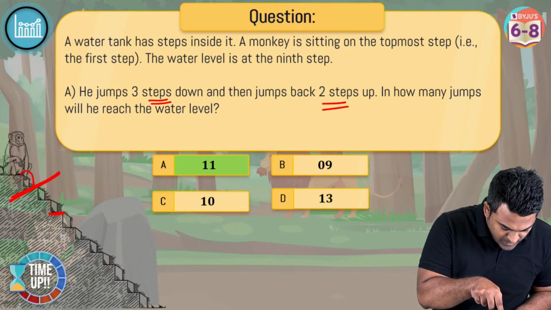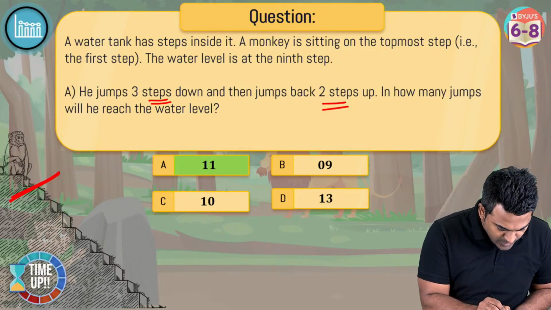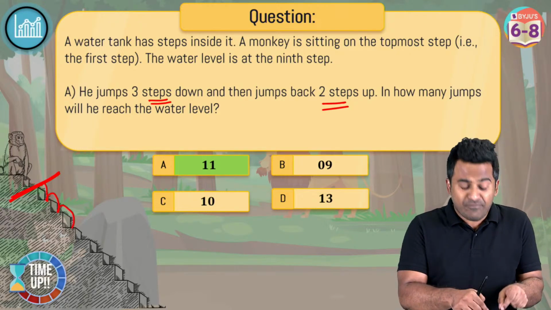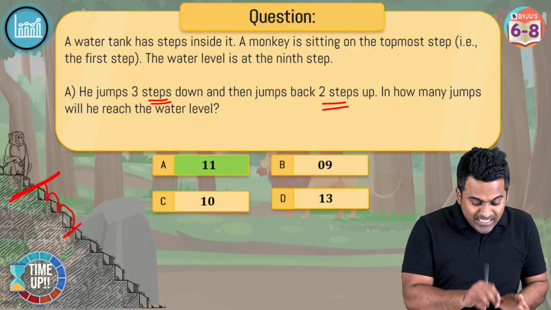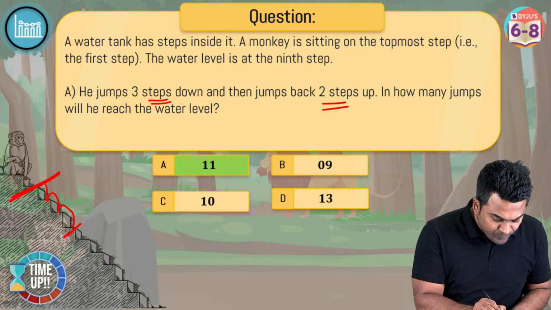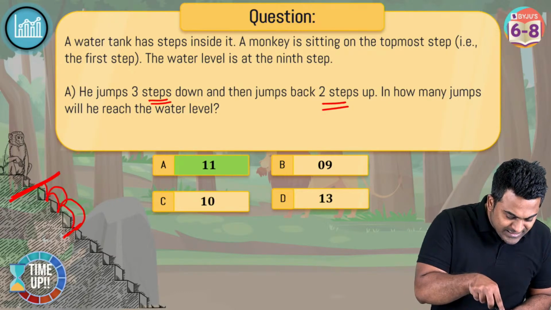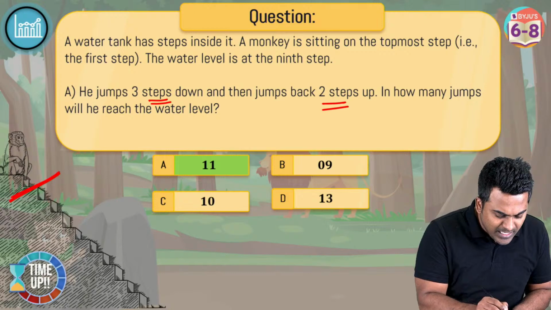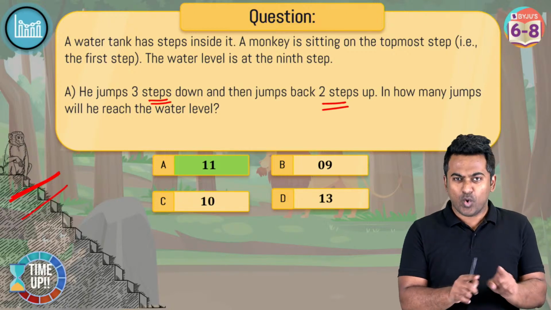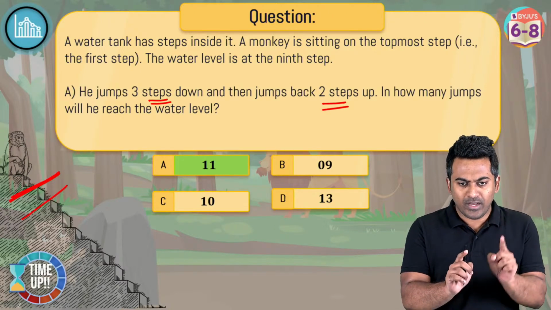Okay, let me just rub these off now that you understand. So here's the first step down, the second step down, and the third step down. Again, from this part here, he's going to go 2 steps up. So likewise, from this step, he's going to go up and up. So this is the pattern that is repeating now. Okay, I hope you get it.